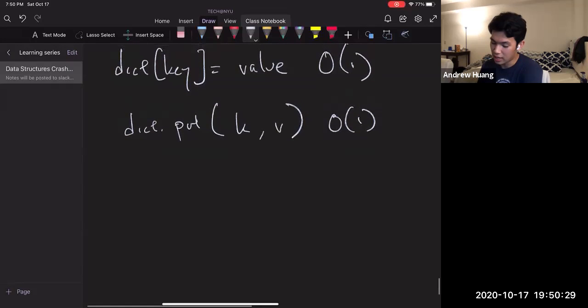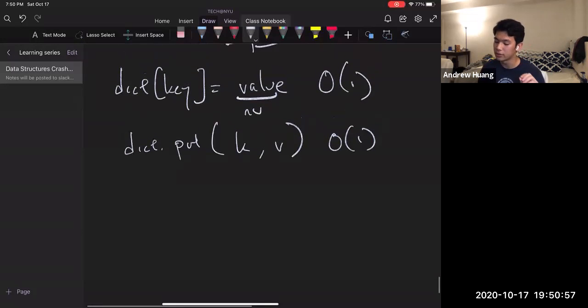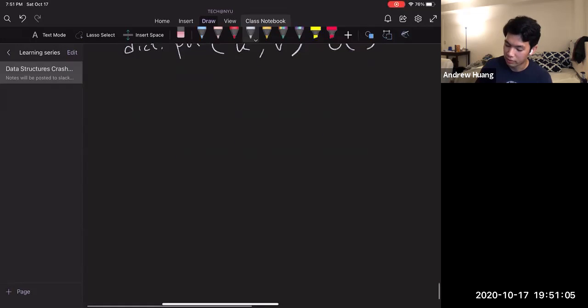One of the negatives with this is clashing, or I don't know what the term is, but when you have two keys that are the same, you will actually add the values to each other. This depends on the implementation. I think for Python, if you do dict key is equal to a new value, it would just replace it. But I know there are certain implementations of hash maps where you will actually be appending it to a list inside that memory location. So this might be Java, because I think this is where Joanna taught it. So, Hashmap,